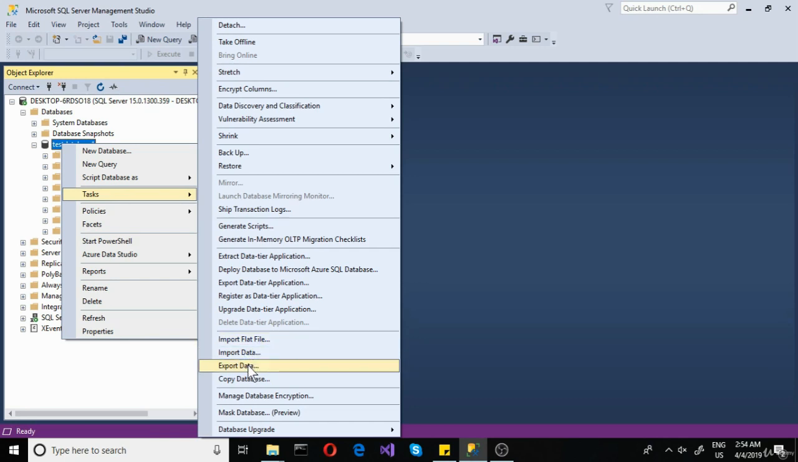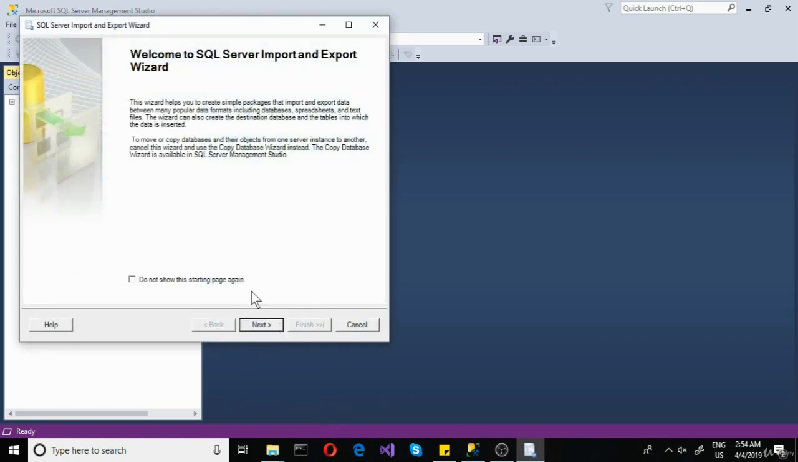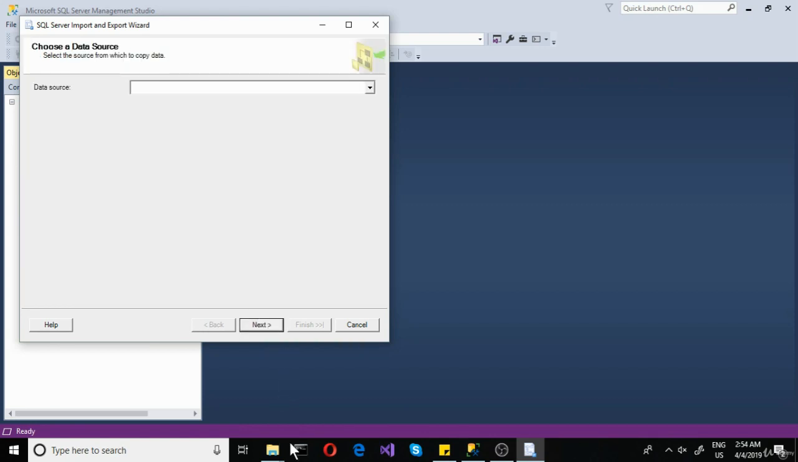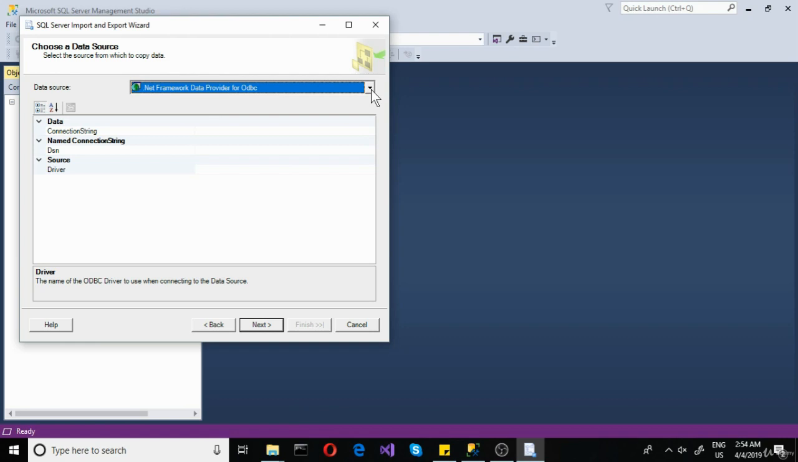So you just go to export data and then you skip this, or you can check this box and it won't be shown again. So let's move on. Now we will choose where to copy it from. As you can see, it says from which to copy data. It's important to take a look at these few words because the importation and exportation all look kind of the same, so you might make a mistake. You might go with the other one and then you'll see an error